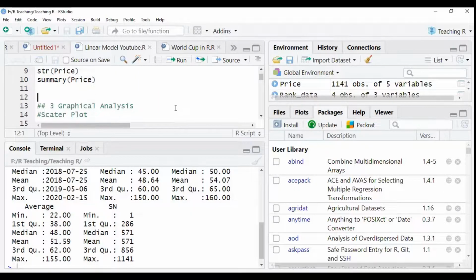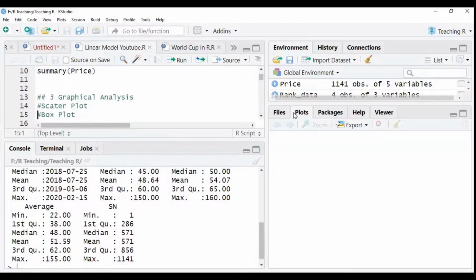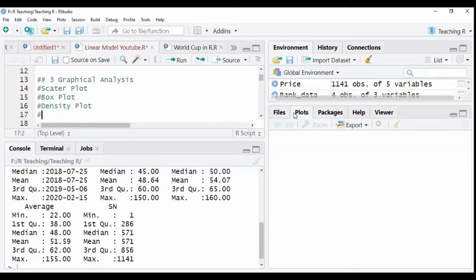observations. Okay, before proceeding to any regression models, we need to think about what kind of data it is, whether it sufficiently satisfies our linear regression assumptions. So we can analyze these data through graphical analysis. For this purpose, in linear regression models, we basically use scatter plot, box plot, density plot, and we can also use the histogram to see the distribution of the data. Okay, let's start with the